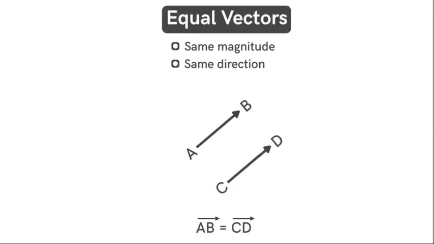Okay, so the last one is your equal vectors, which I have discussed. All those vectors which have the same magnitude and the same direction. Suppose look at this case, these two vectors have the same magnitude. Look at their sizes, they are the same and they are both pointing in the upward direction. So the vectors which have the same magnitude and same direction are known as your equal vectors. Fine.